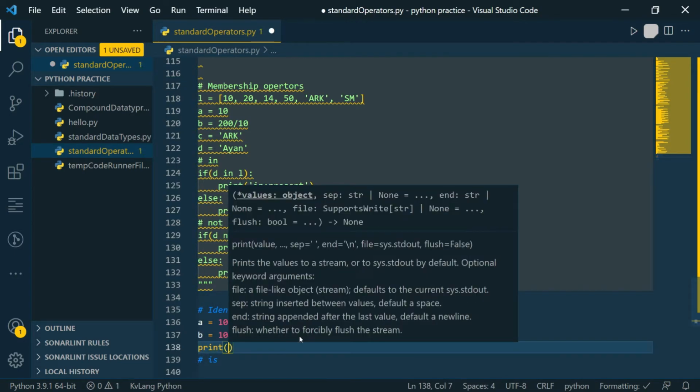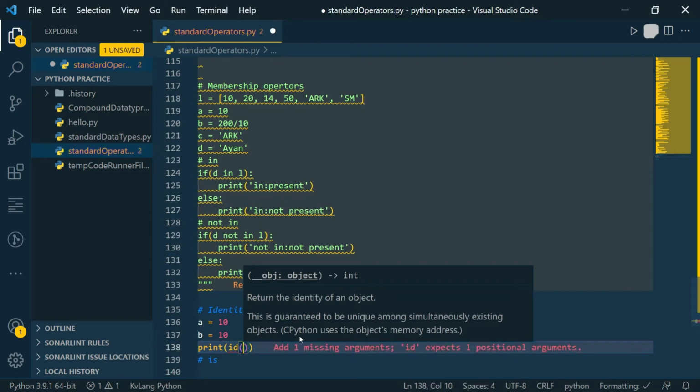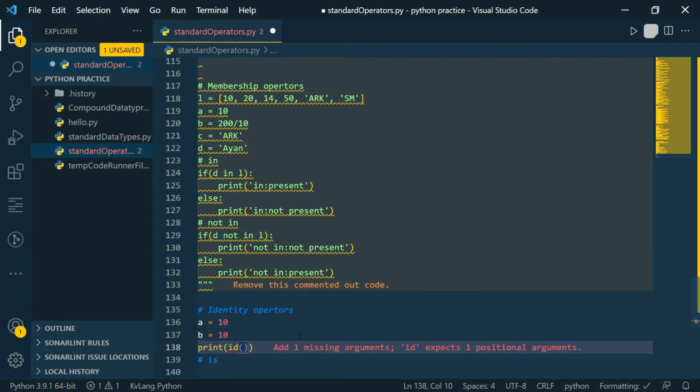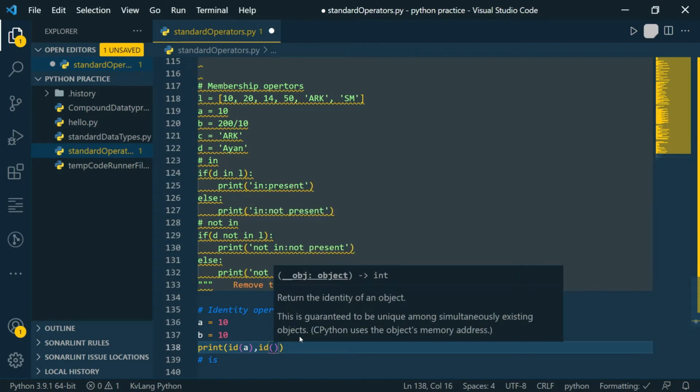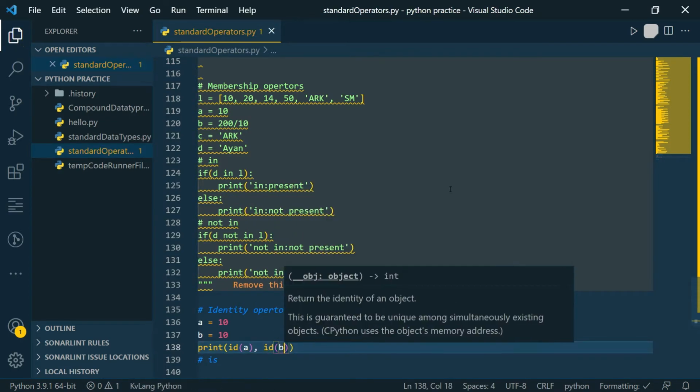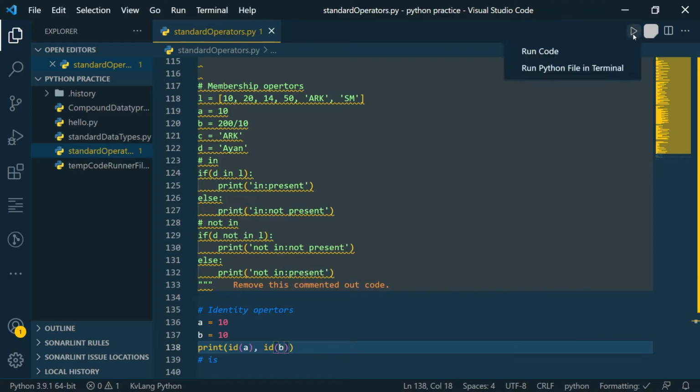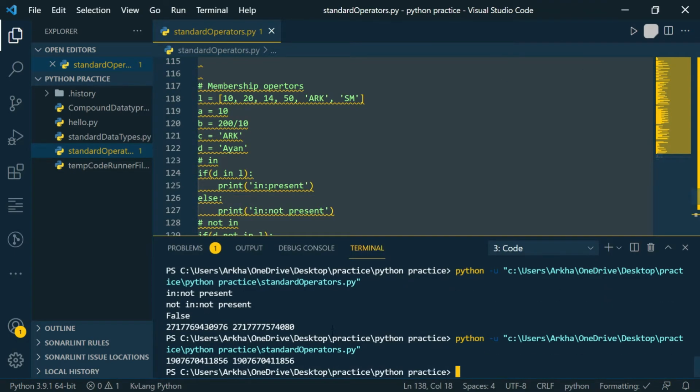Print ID of A, comma, ID of B. So these are the IDs. You can see IDs are exactly the same.